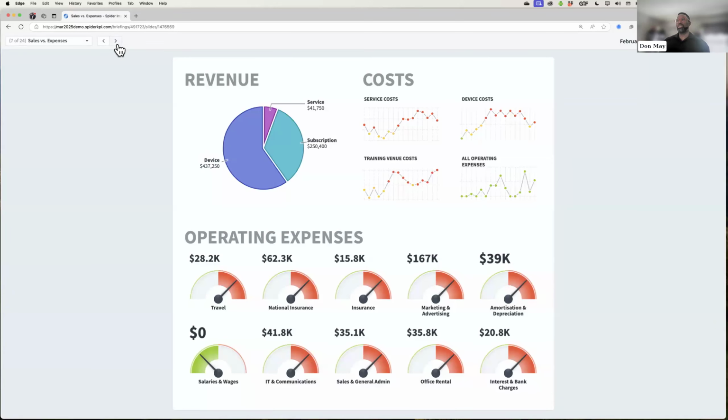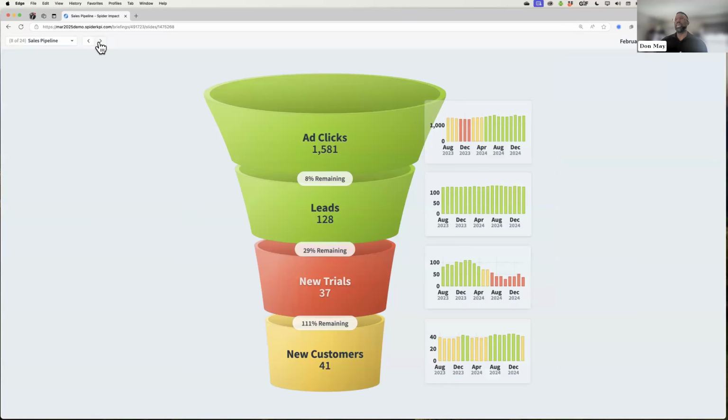Maybe for this particular meeting, they wanted to hone in on sales. So sales is what they're seeing. You can see revenue, cost, operating expenses, all different parts of the business, all put onto the same page. So at a glance, they have quick access to it. They can see things like their pipeline, right? What's happening from a marketing perspective with ad clicks down to new customers,